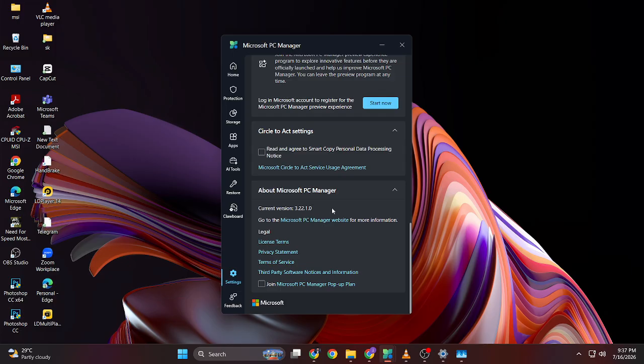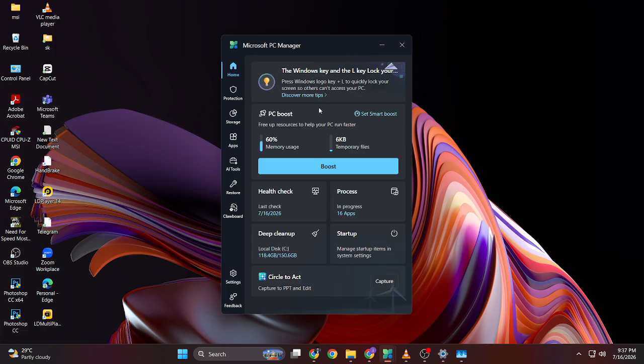And that's how to use Microsoft PC Manager on Windows 11 in 2026. By regularly using its performance, storage, health, and security tools, you can help keep your Windows 11 PC fast,